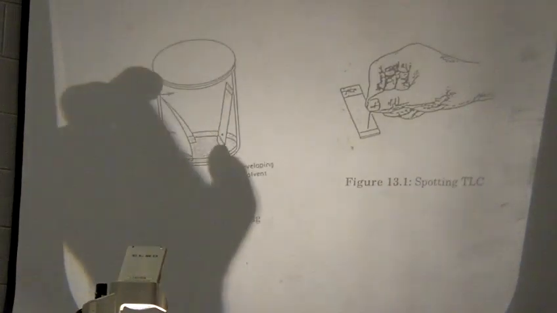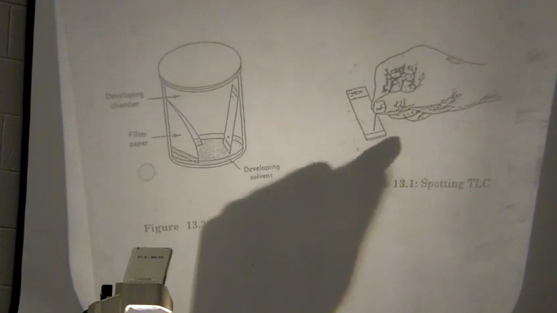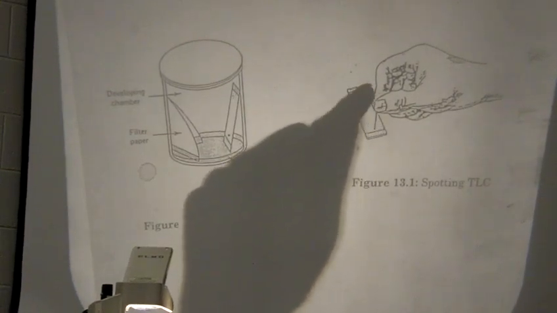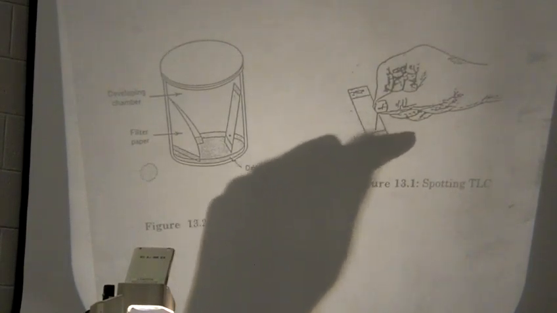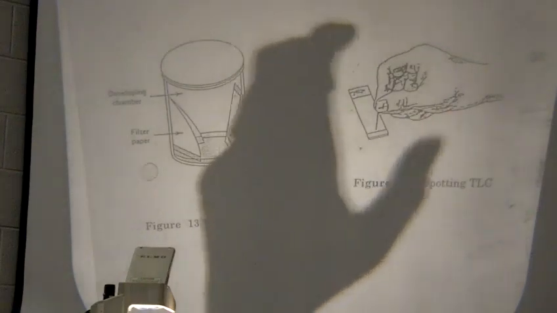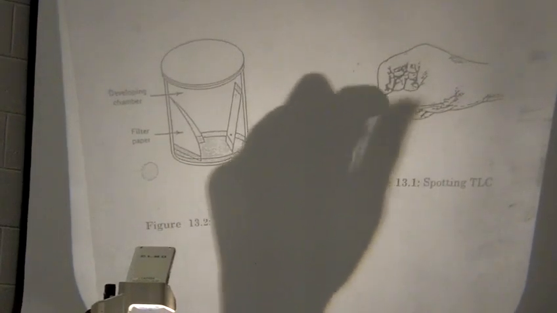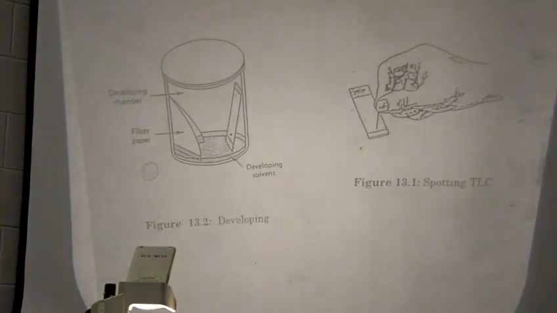And then after you've spotted your TLC plate, you're going to put it in a developing chamber, okay? And the eluent, the solvent, is in that chamber. What happens is that solvent is going to travel up the TLC plate, and as it does, it's going to catch whatever's spotted on the bottom, and it is going to travel with the eluent up that plate. When you're done, you'll somehow be able to visualize spots on that plate to see how things have separated and how they've traveled, okay? Now what's going on is there's this equilibrium between being adsorbed in this stationary phase